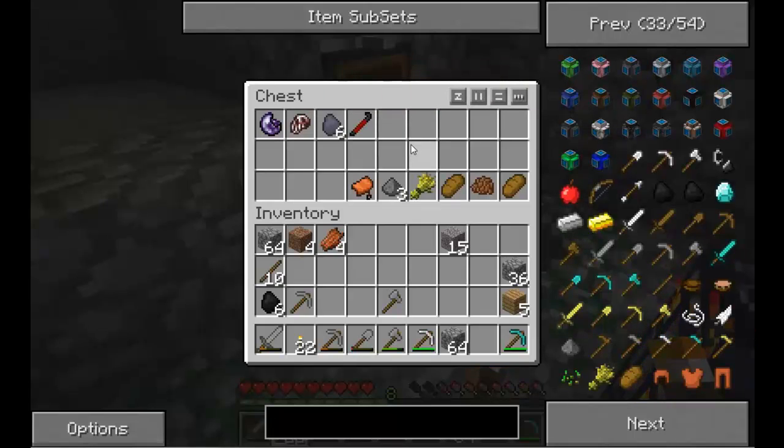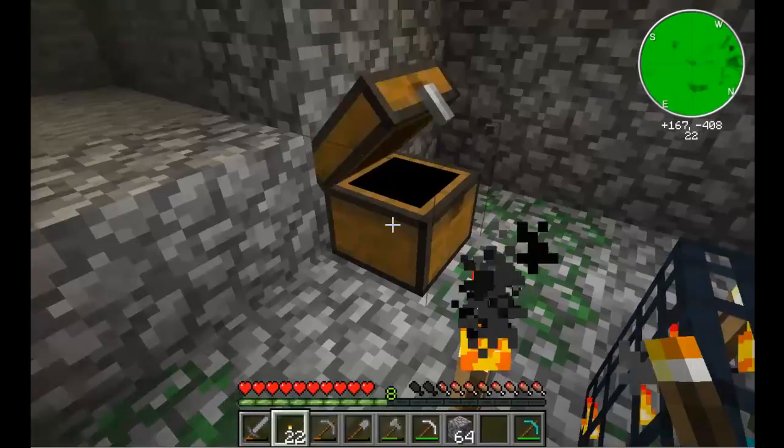Torches will supply you enough light to grow wheat and grain. If you've got seeds on you, you've got plenty of dirt about, plant it in, put a couple of torches above it, off you go. Make sure you've got a water source block. Again, same with pumpkins, same with melons, and if you found things like pumpkin and melon seeds down here, which